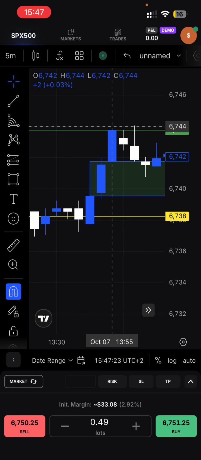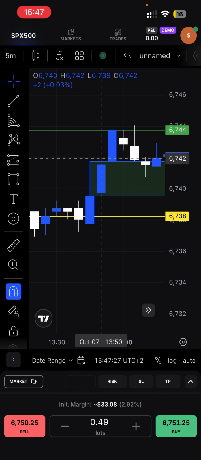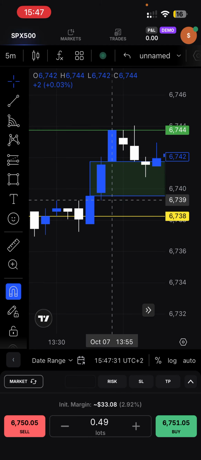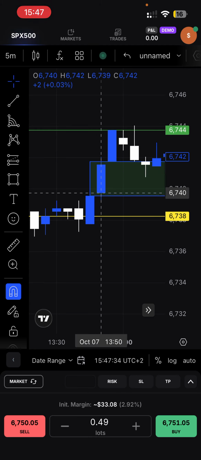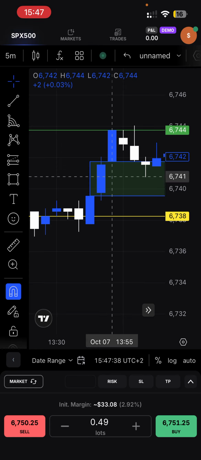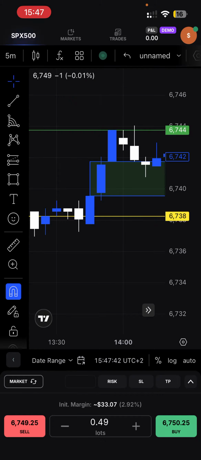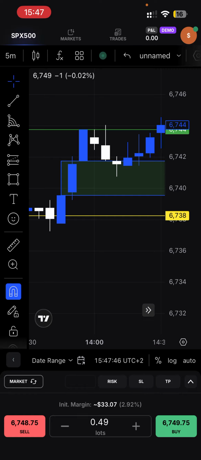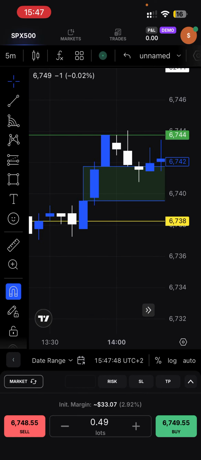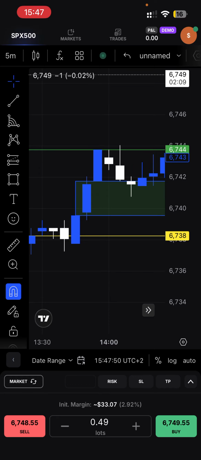The way I should have traded is, you see right here, we have a low. Then we have a high. We have made this weird looking fair value gap. I still don't know what that is because I've never seen anything like this. Normally the fair value gap would be a full candle, but this is partly wicks. So I don't know how to mark that or if I marked it correctly, but what I should have done is